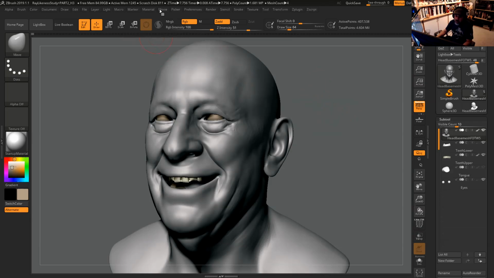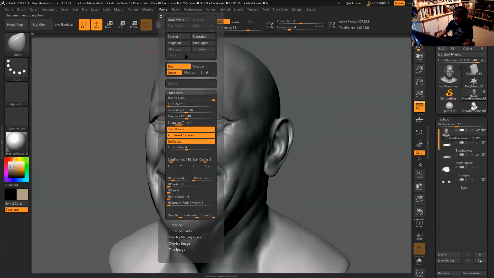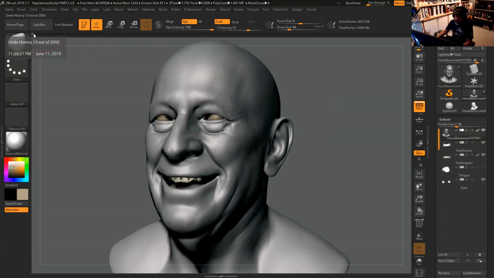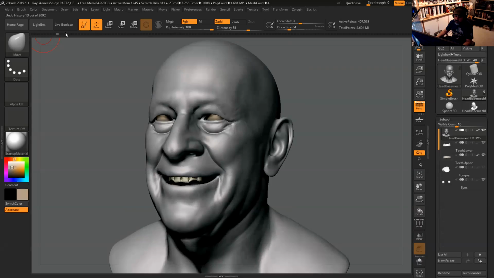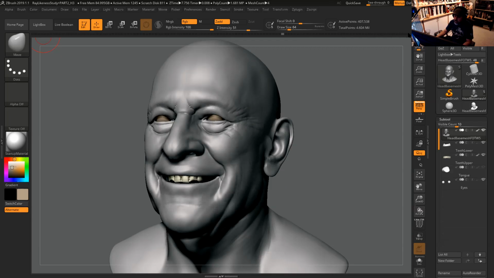And then from this point on here, we already have all the movie settings in place, the ones I just showed you guys. And then you have those things here, like you go backwards, so backward history or forward history. So if I want to record a movie with the forward history, just press this button here, F History. And then what ZBrush is going to do is going to go through every one of those frames, and it's going to record all of this into a movie. So you can actually share your time lapses, right?